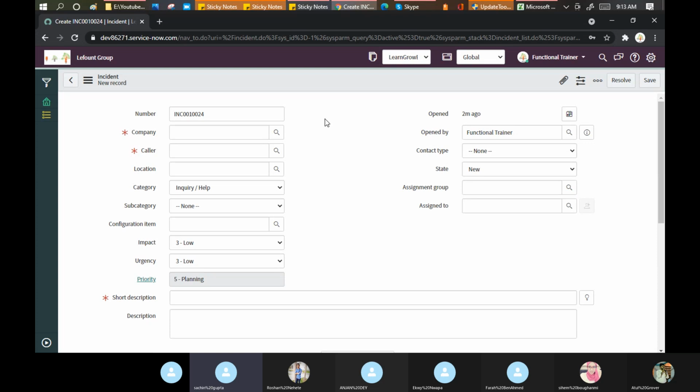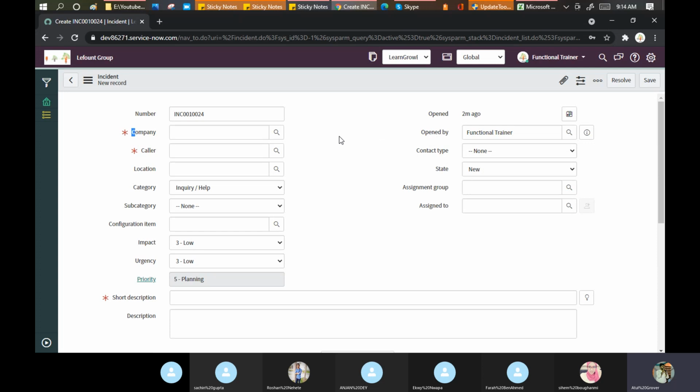Because in my environment, company is missing its user details. I'll tell you why. The reason is that I activated a plugin called domain separation, because that is a topic we need to discuss in the coming days. So when I activate that plugin, this company field gets activated automatically. What is domain separation? Don't pick it up now. We'll discuss in detail later on.